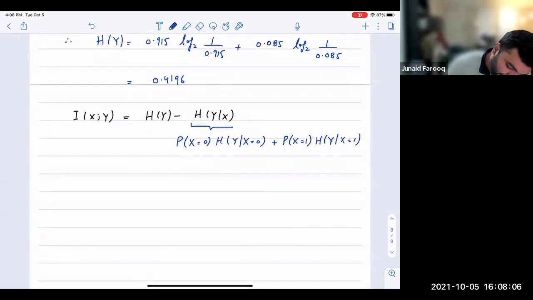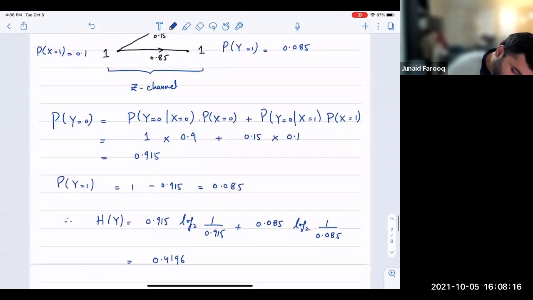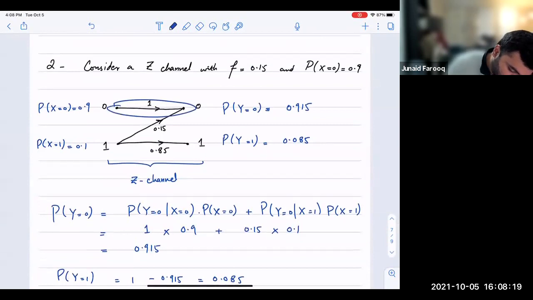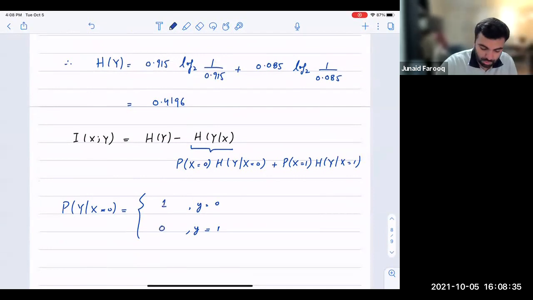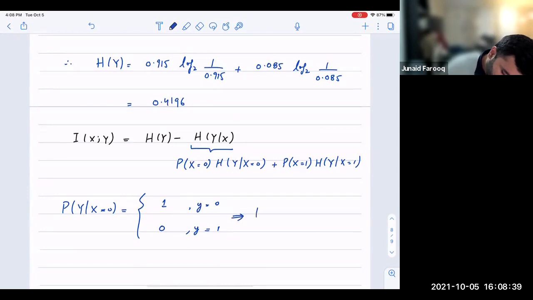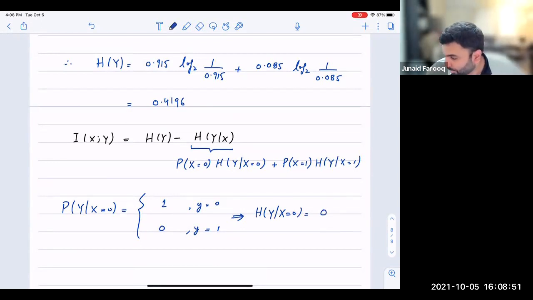Okay, so finding the H is coming from the probability, right? So we have to figure out what the probability of y given x equal to 0 is. If you look at 0, you are only here. So y is 0 and y is 1, and your probabilities are 1 and 0. If x is 0, you are surely 0 at the output. So this will give you H of y given x equal to 0 to be equal to 0, right? And obviously go to the logarithms and figure out